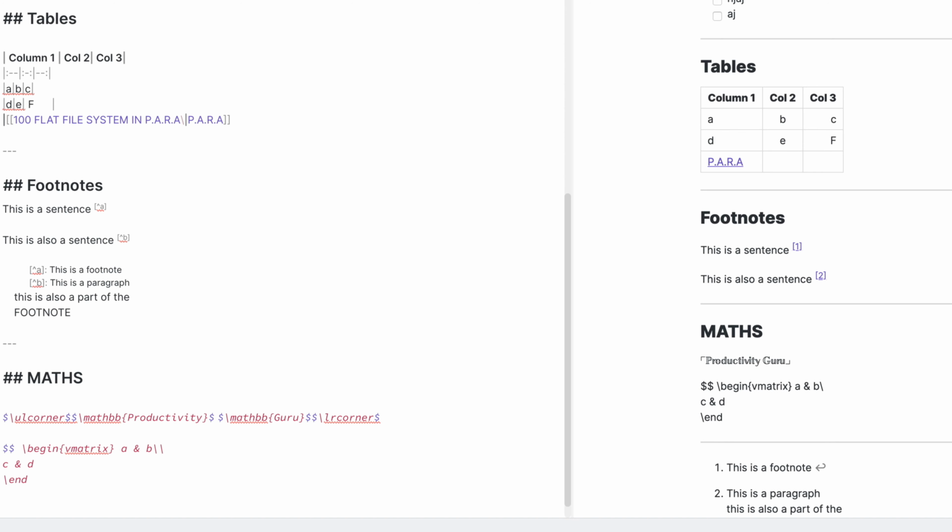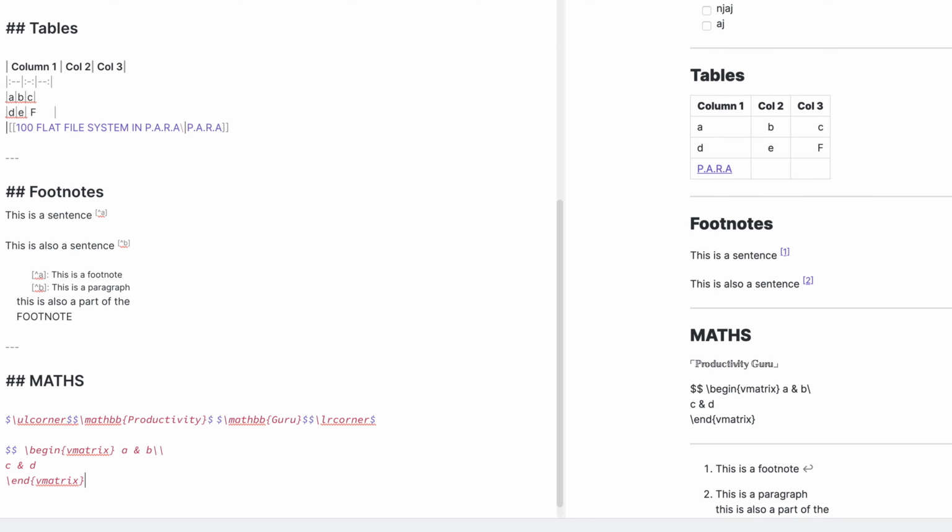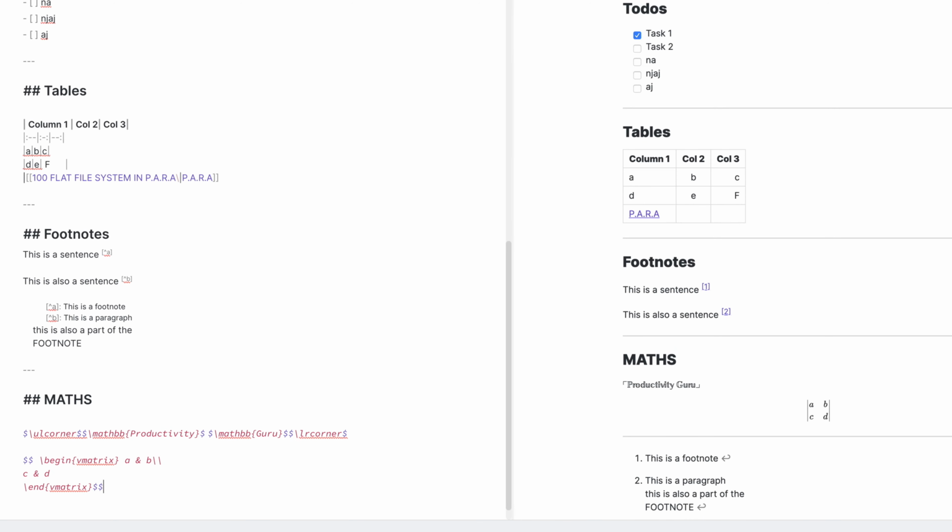So end, and we'll mention what it was. So vmatrix, and finally we'll add the $ sign, and that'll create the matrix, as you can see. Now if you want to add something else, for example, is equal to AD minus BC, you can add that here as well. So it's going to look like this.